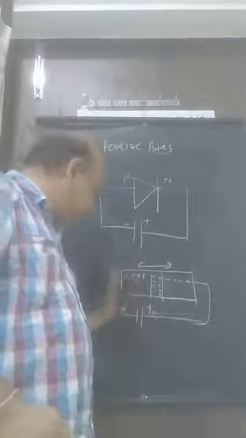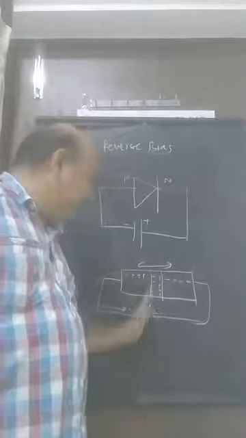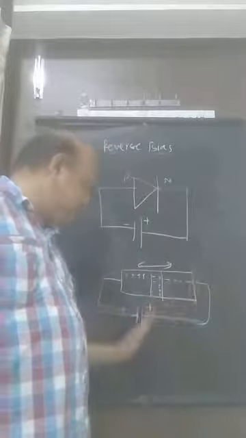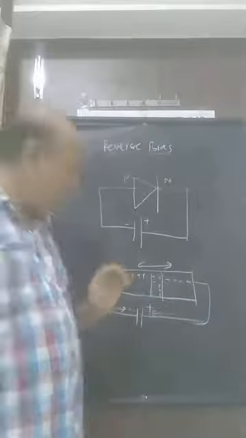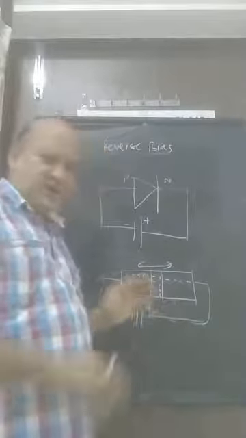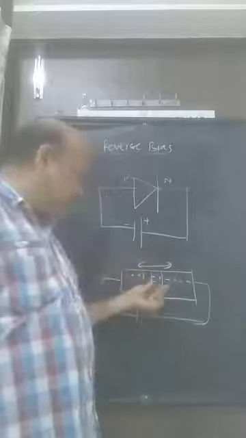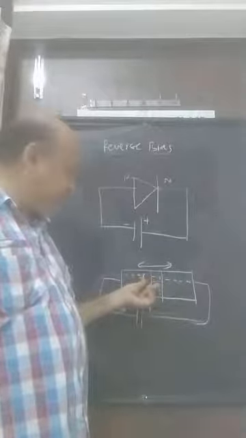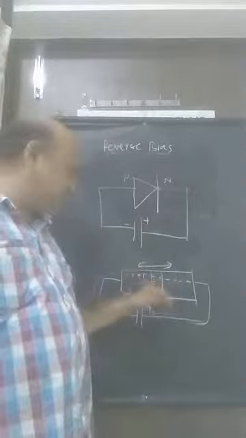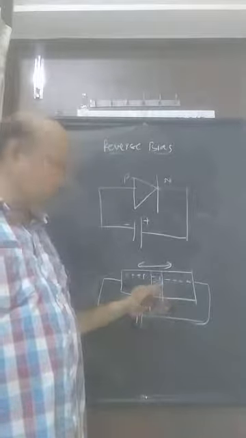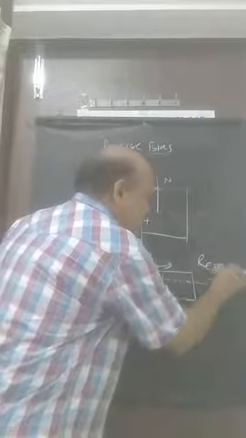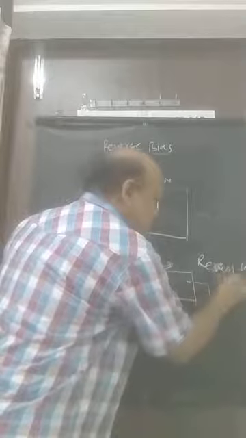while the majority charge carriers at the P side will disappear to the negative of the battery, and the majority charge carrier electrons will disappear to the positive of the battery. Only minority charge carriers will be available at the junction after increasing this voltage. So at the last, these minority charge carriers will produce recombination, and a minority current will be produced. This minority current is called the reverse saturation current of the diode.